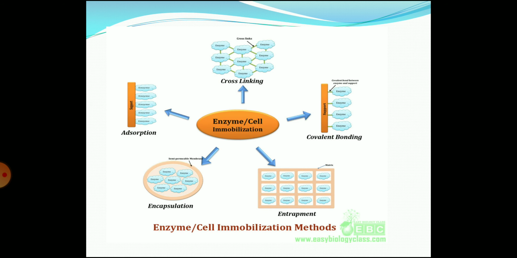See here the techniques of immobilization are shown in the different diagrams. In adsorption we can see that over the support, the enzymes are adsorbed. Next, in case of cross linking, the enzymes are linked to each other by using cross linkers. In covalent binding the enzymes form covalent bonds with the support. In case of entrapment all the enzymes are entrapped within a matrix, and in microencapsulation all the enzymes are stored in a spherical format. This is all about the immobilization of enzyme technique.